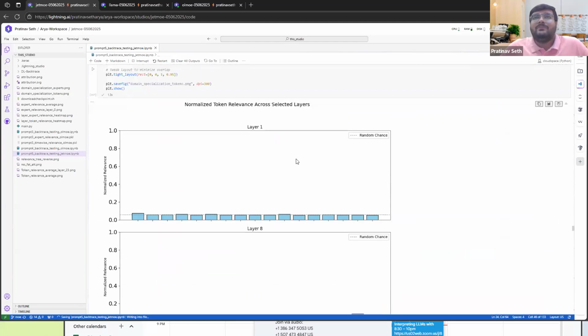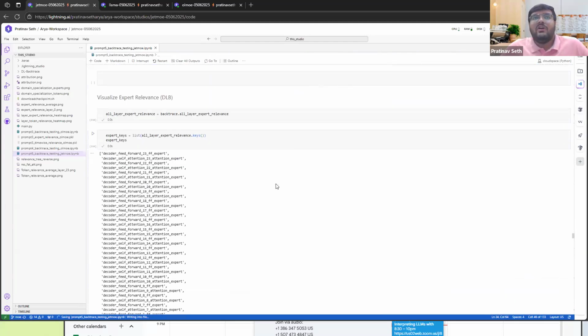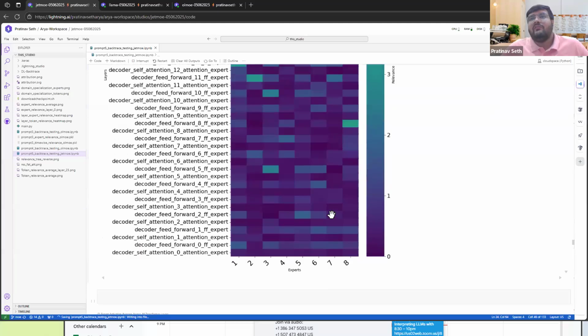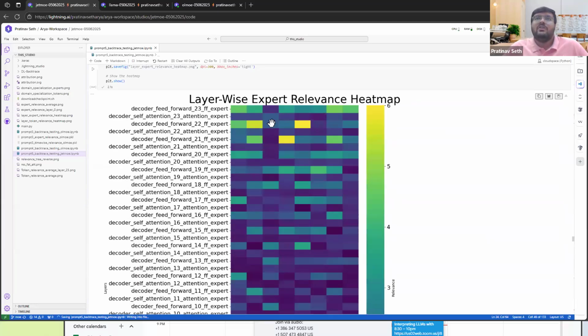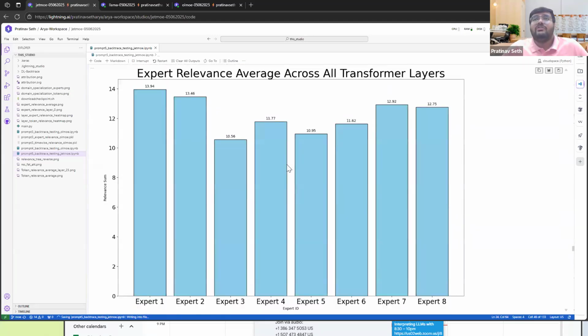Then again, for each layer wise, you have it for token or expert. So here you have 8 experts. For each expert, you are able to trace back the relevance value or the explanation, which particular expert is important, which is not, layer wise, and hence you can use all this information. And this is a good example of which expert is actually important in the decision making for that particular sample. So let's say if you're doing a domain specific task, you can prune certain experts and just keep the other set of experts for that task, and hence make your model very lightweight.